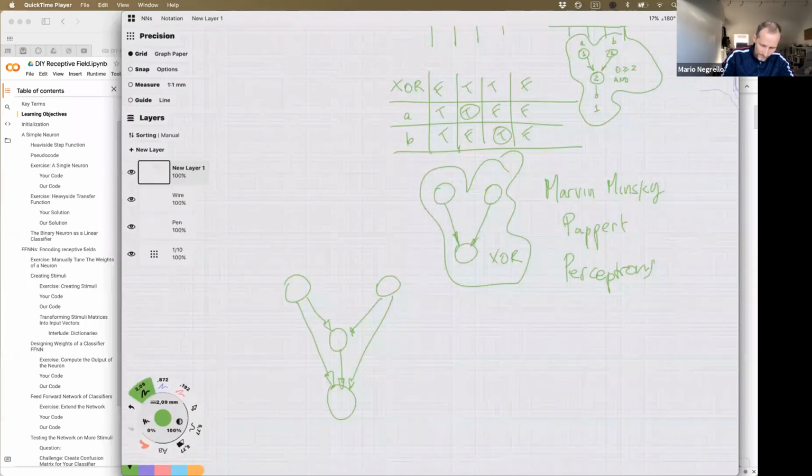Find these weights. So from 1 and 2 and 3 to 4, find weights such that when 1 and 0 or 0 and 1, you respond true, but when 1 and 1 or 0 and 0, you respond false. So that is the truth table you would like to have here. So if the inputs are input 1 and 2, and outputs